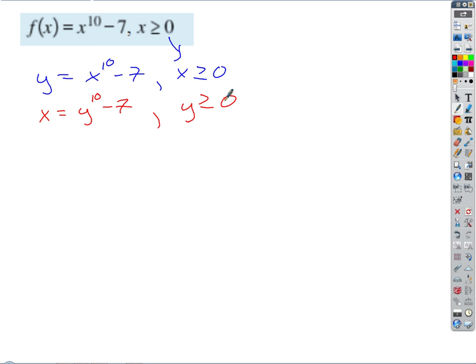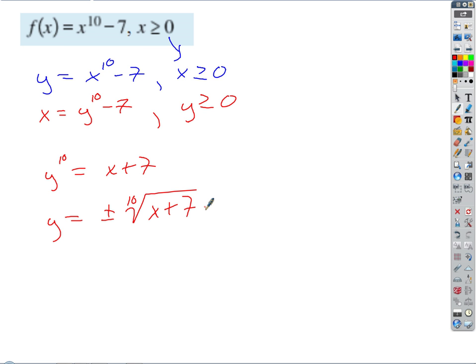How do we solve for y? What are the 2 steps in order to solve for y? Matthew, what do we do to get that y by itself? That's 7. Add 7, good. Then what? Take a 10th root. Okay, so we end up with y to the 10th equals x plus 7. We got to be careful when we take an even root of both sides. Remember what we said we have to include, plus or minus. So we end up algebraically getting the answer y equals plus or minus the 10th root of x plus 7,